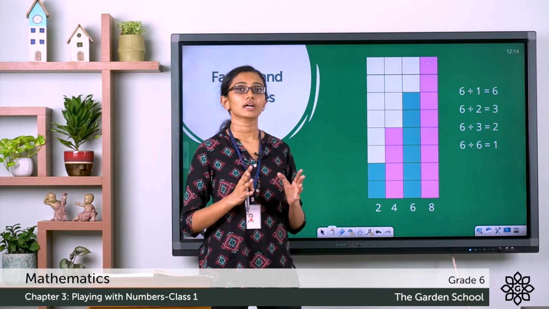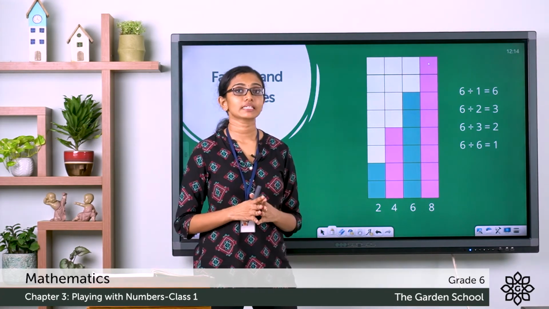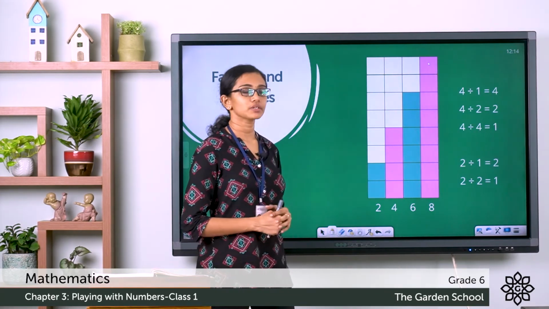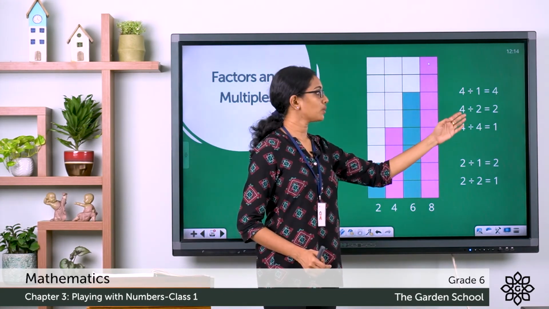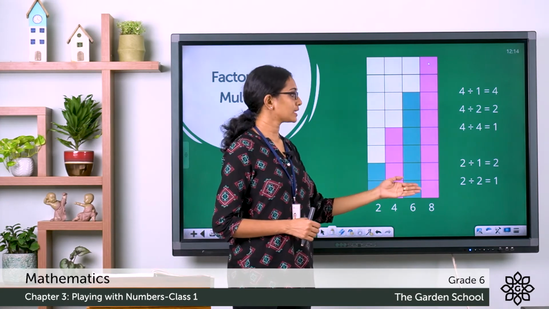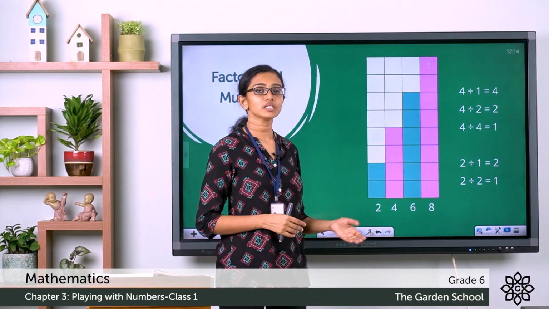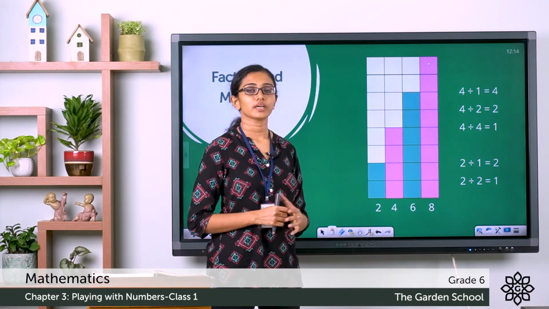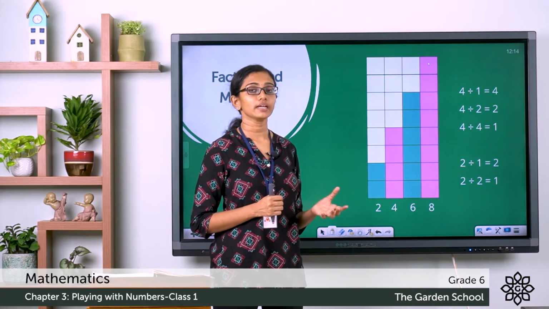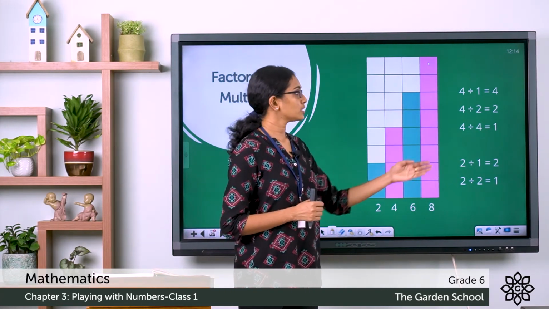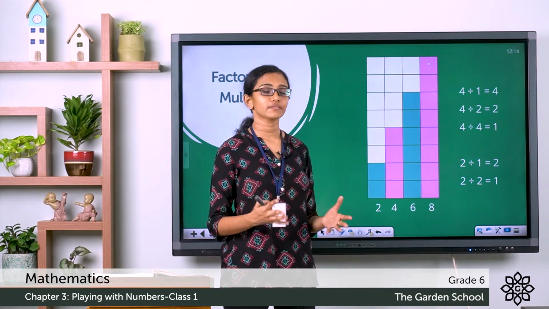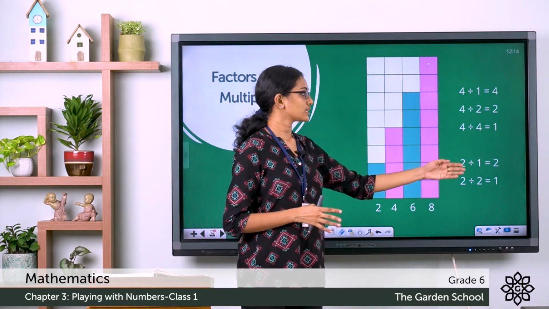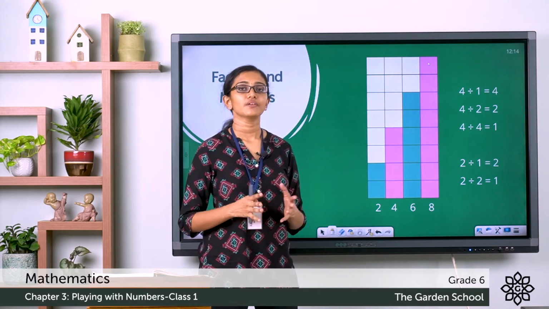these numbers completely. Similar is the case with number 4 and number 2. We can completely divide 4 by the numbers 1, 2 and 4, and you can completely divide the number 2 by the numbers 1 and 2. There won't be any remainder. You can divide the number completely. So the numbers 1, 2 and 4 are the factors of 4 or the exact divisors of 4, whereas the numbers 1 and 2 are the factors of 2 or the exact divisors of 2.